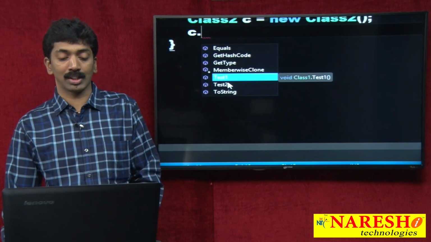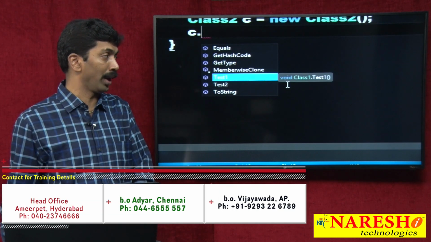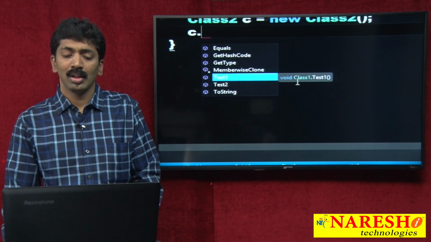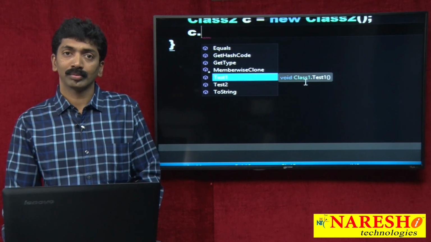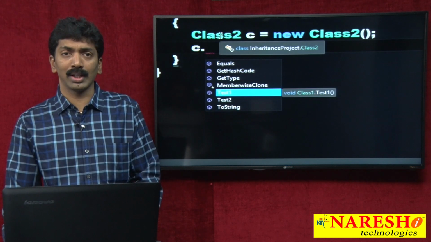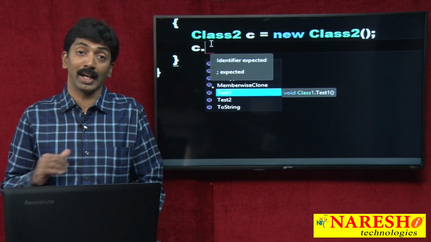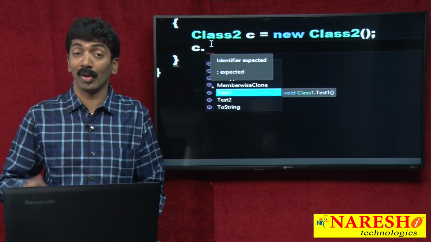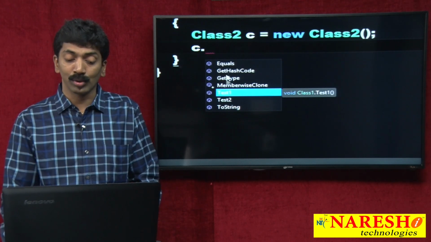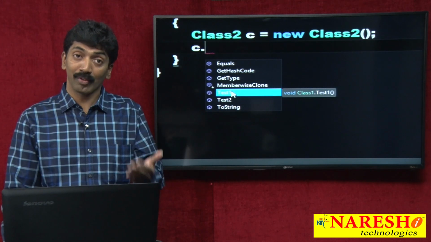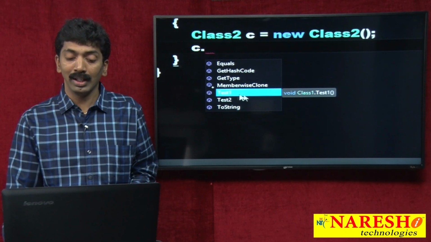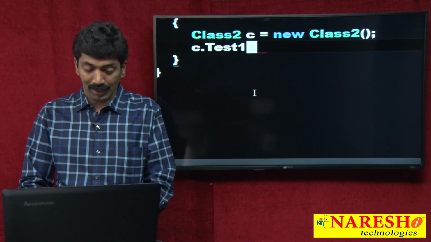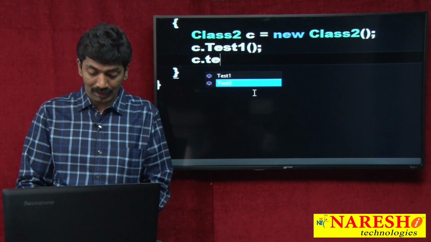Now, if you look at this Test1 and see the description here, what is it showing? Void Class1.Test1. Yes, the method Test1 belongs to Class1 only. But what we are discussing here is that Class2 can consume it like an owner. Yes, no doubt about it. I can drive my father's car as if I am the owner, but still the registration name will be my father's. Exactly. Class2 can call the method just like the method is its own, but internally the method belongs to Class1. So C.Test1, C.Test2,